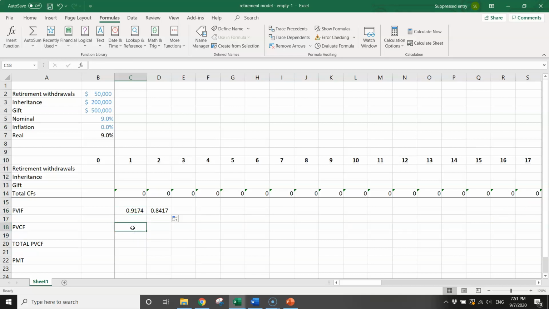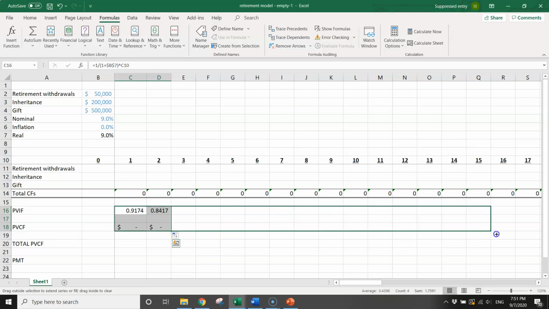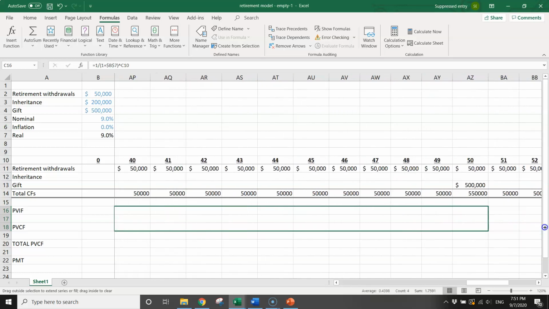Now I want to calculate the present value of the cash flow 1 year later. It will be the cash flow multiplied by the present value factor. So it will be $0 today, because the cash flow 1 year later is 0. Now if I do the extended calculation to the cell value of D18, it will also be 0. We can do the extended calculation for multiple rows together. So now if we replicate the calculation to year 60,